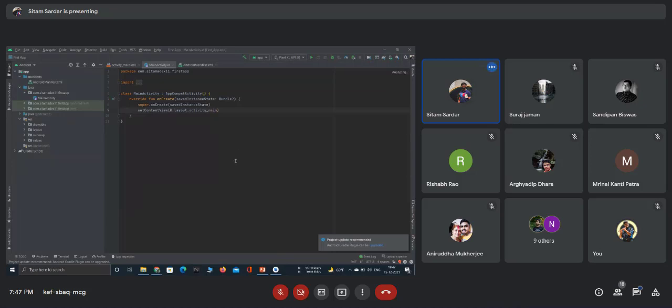Whenever I was explaining Kotlin, you may have noticed that every function started from the main function, right? But in this section, this is also a Kotlin file, a .kt file, but if you observe carefully, there is no such main function, right? Then how does everything happen in Android?